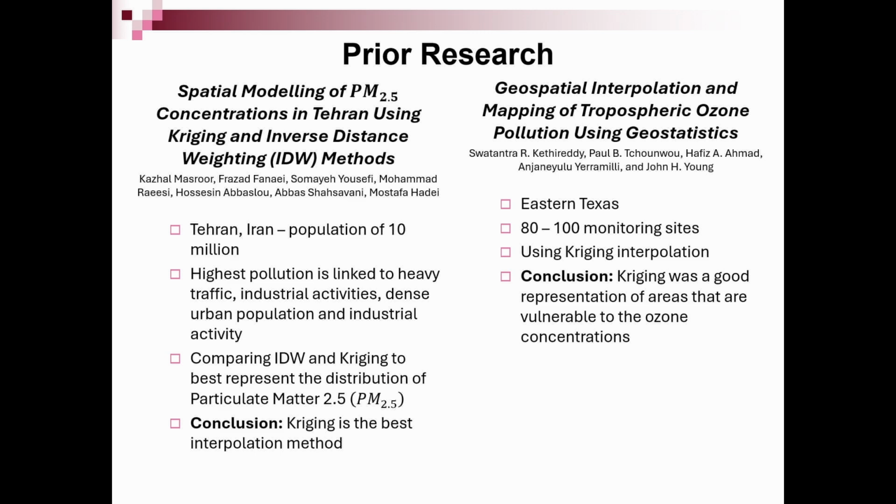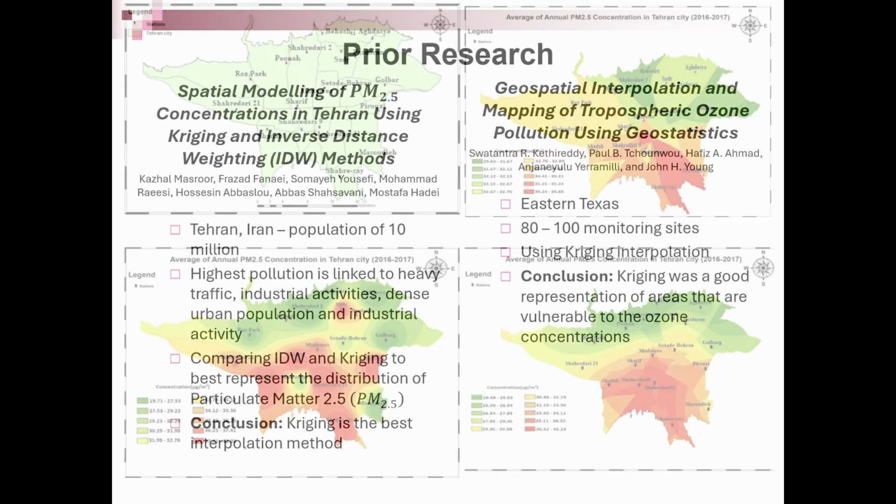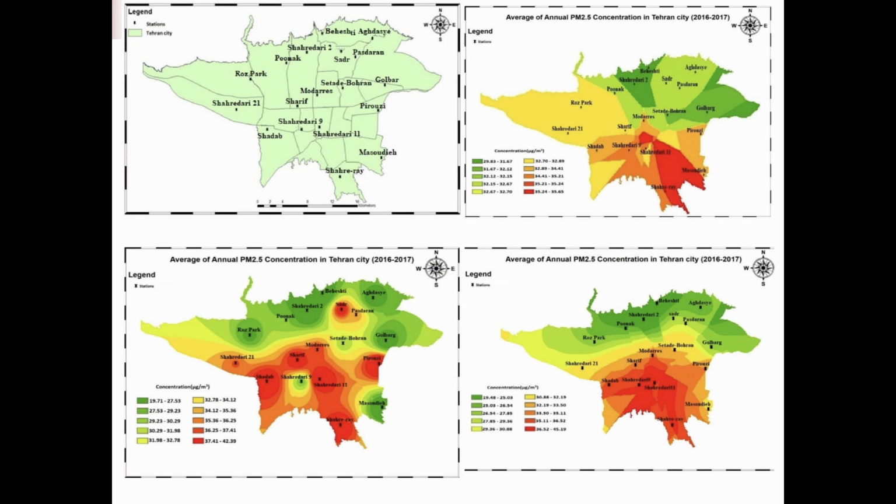So across the city, they have approximately 25 monitoring stations. You'll see that in the top right. To compare each model, they ran root mean square error and mean error to test the accuracy of the predicted values for each monitoring site. So they compared, you'll see